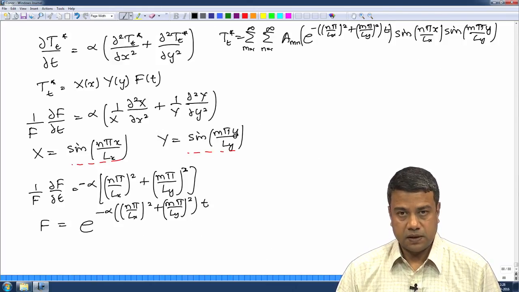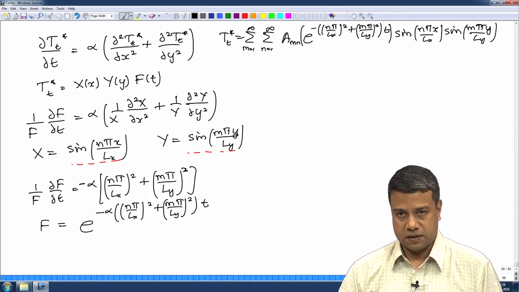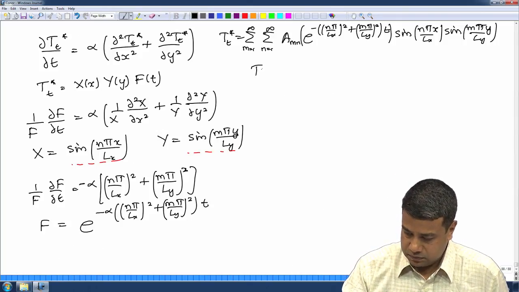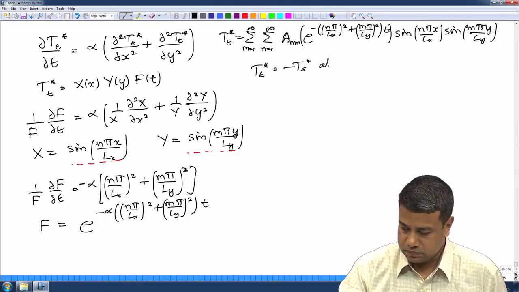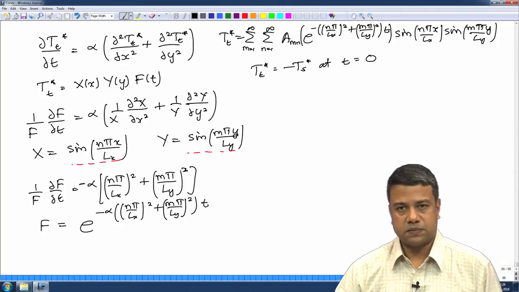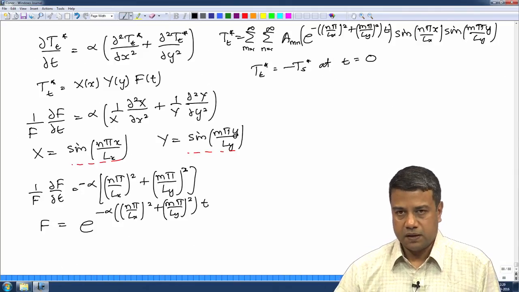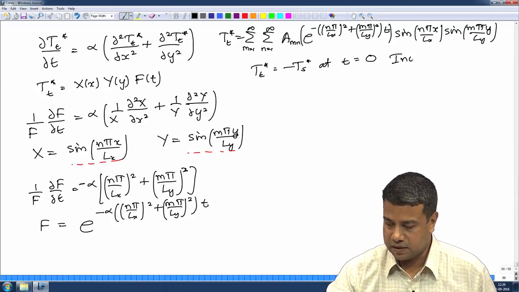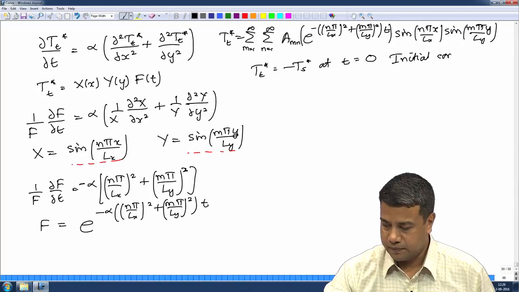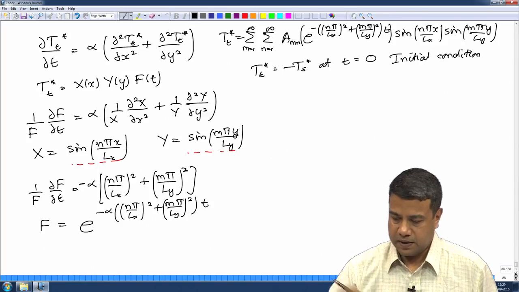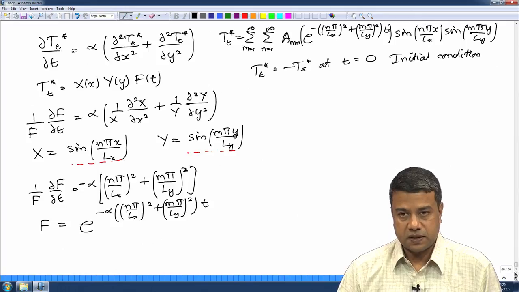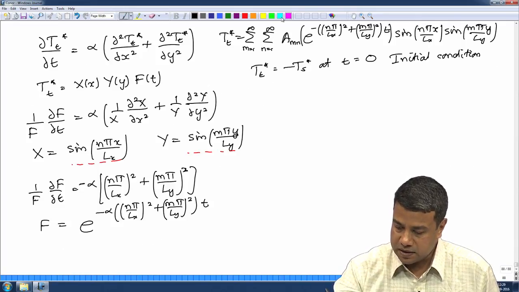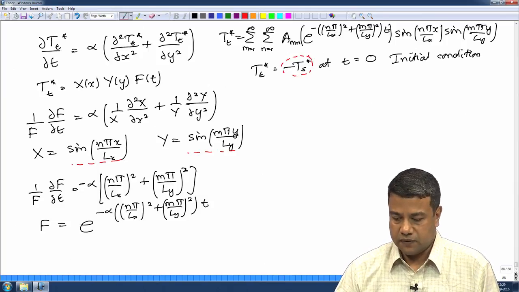How is the constant determined? That is determined from the initial conditions. That is the initial condition. The solution as it is already satisfies the boundary condition. So, this is determined from the initial conditions. How do I enforce this initial condition? I already know what is this steady solution. I already know what is the steady solution. Okay. Therefore, I have